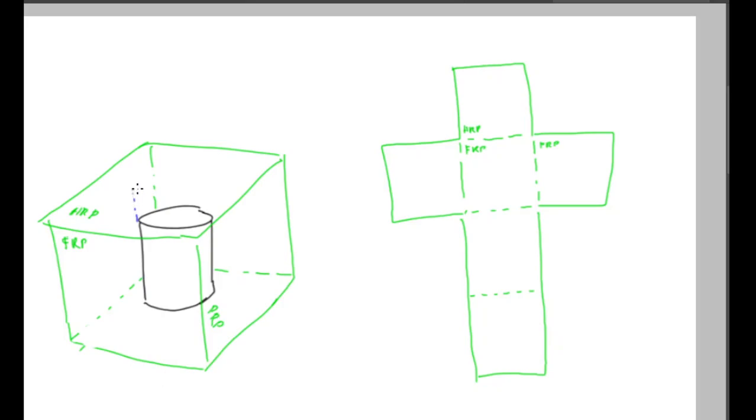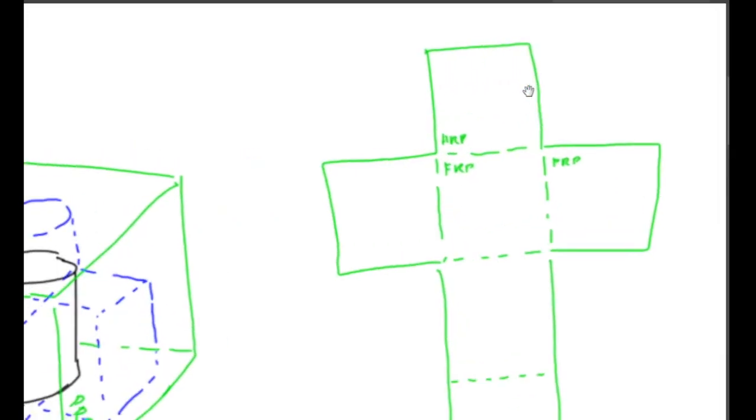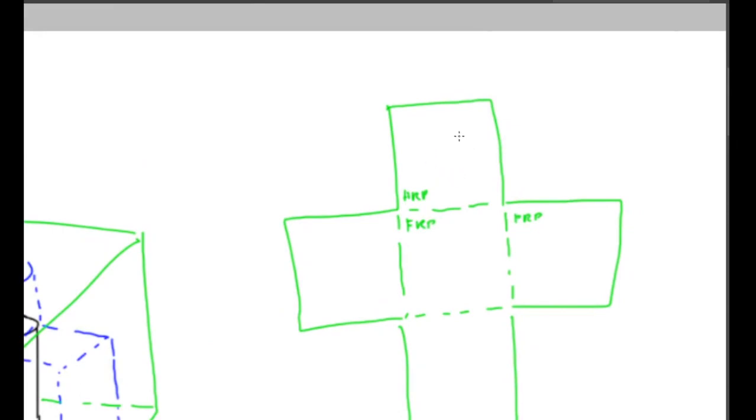On the top view, we should get something like this, and if we project it into the frontal reference plane, we should get something like this. And similarly, if we project it on the PRP, we should get something like this. Okay, I hope you can imagine this glass box now. So if we draw it here on our unfolded glass box, we should get something like,